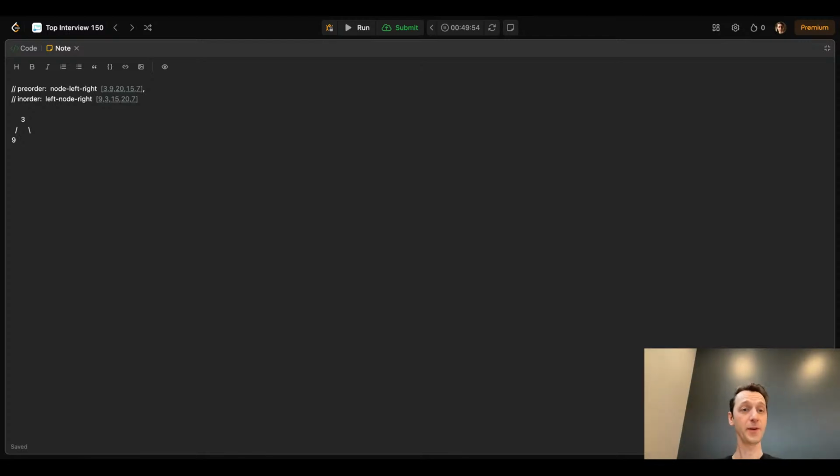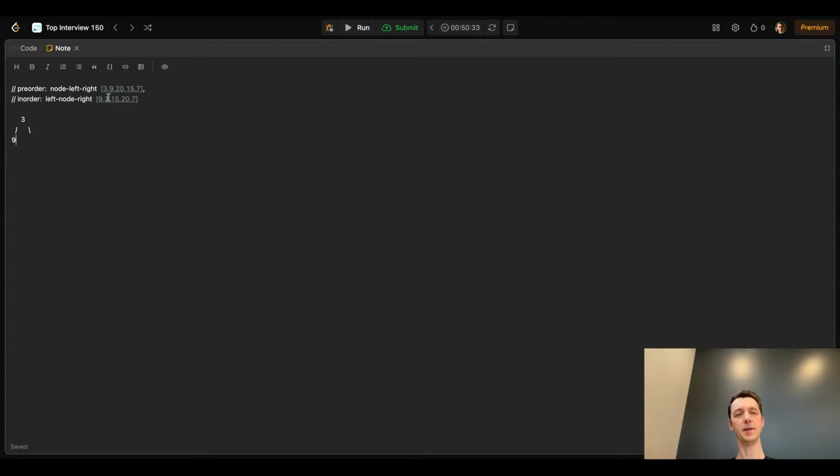Yeah, so now without looking at the picture, I'm trying to figure out where 20 comes. I don't even remember where 20 is. So this is like node, left, right. But 20 could be here, or 20 could be one of the children of 9. But the left node right order tells us